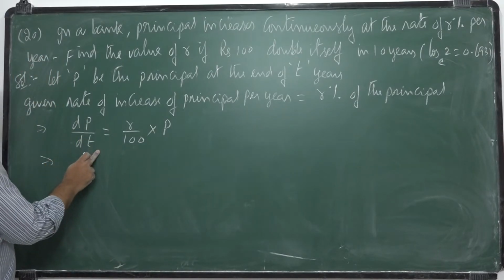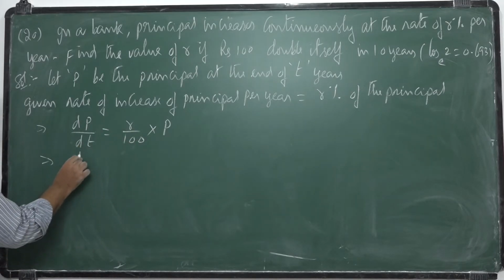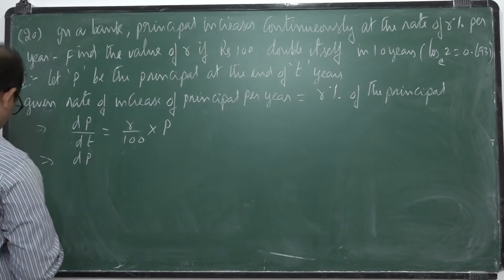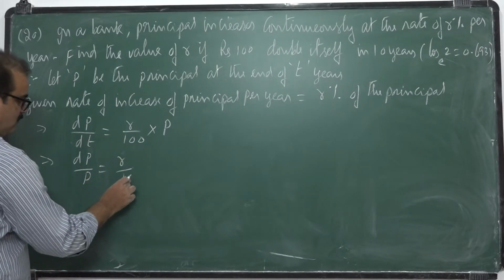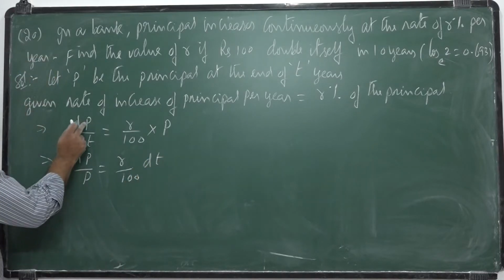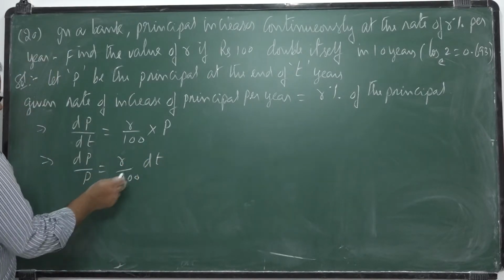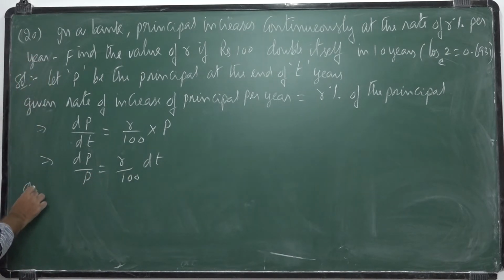Here clearly separate the variables. Write this as dP by P is equal to R by 100 into dt. These two are variables, P and T. And once the variables are separated, on integrating,